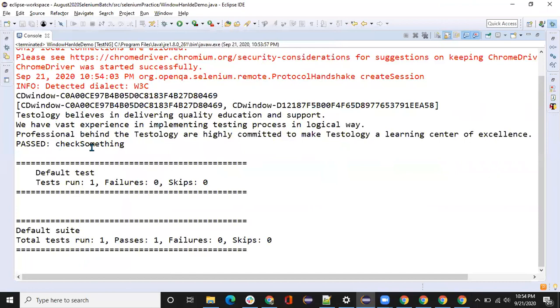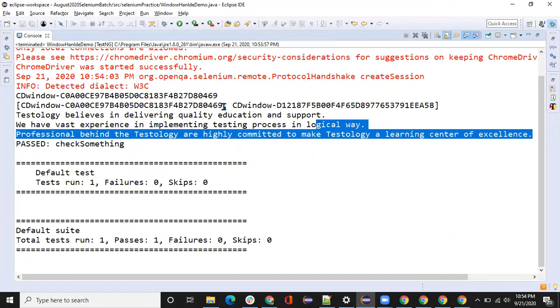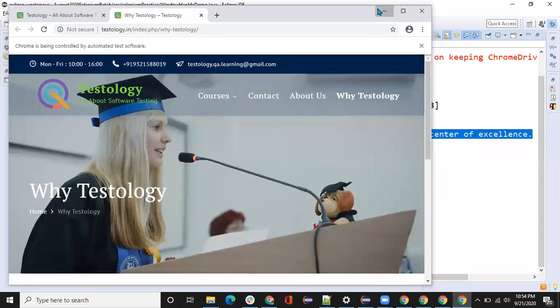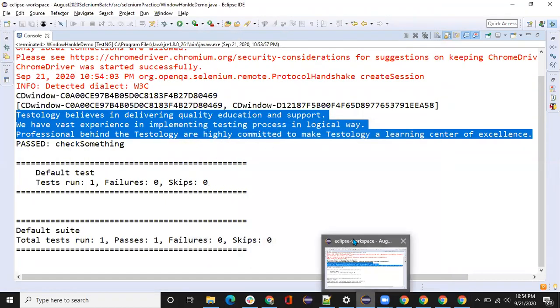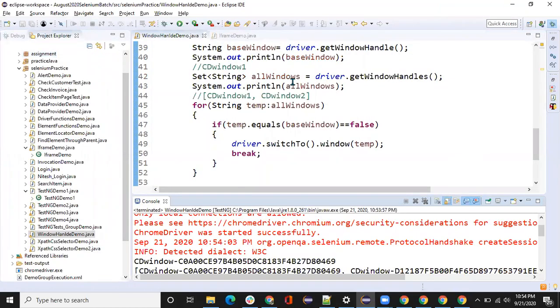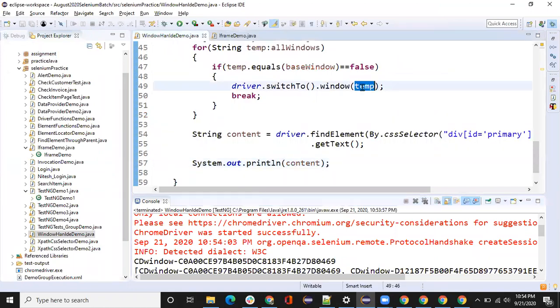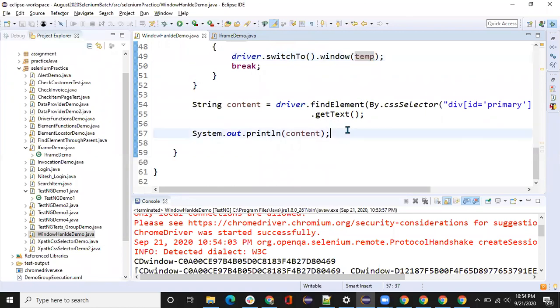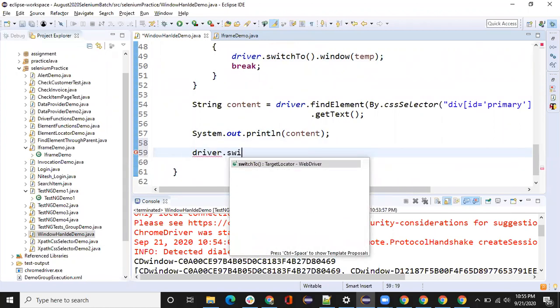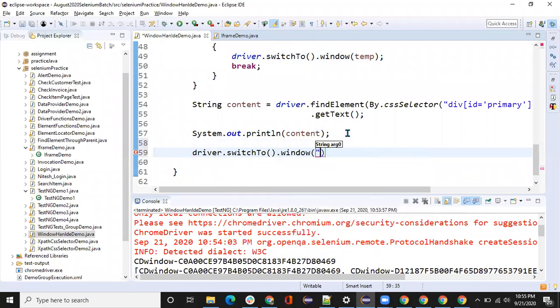So this has printed me a proper content this time, right? Testology believes in delivery quality and all. So this is how you shift to window. Now I want to go back to my primary window. What I should do. So going to the window will be based on the window ID. You should know the exact window ID. Then only you can go back. So if I want to go back to that window, I can do it because I stored it as a base window. So switch to dot window, sorry,